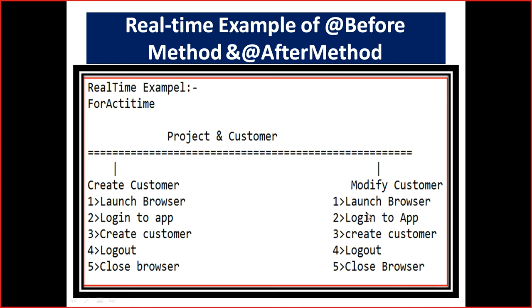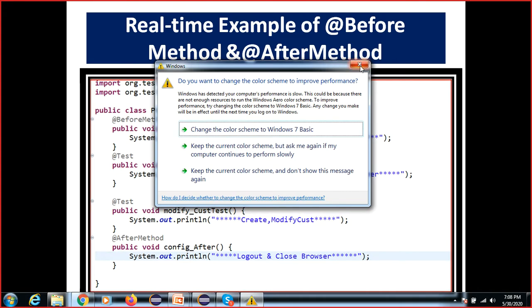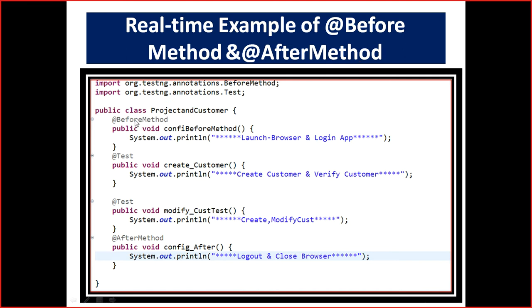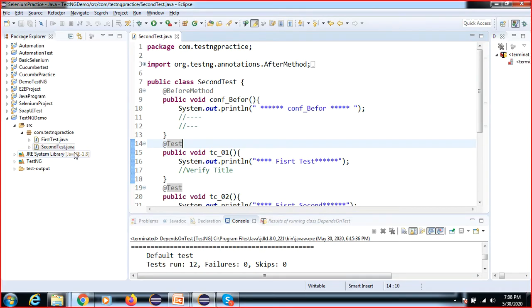So we have two test cases. How to write them using the before method and after method, we will see in Eclipse with this dummy code.